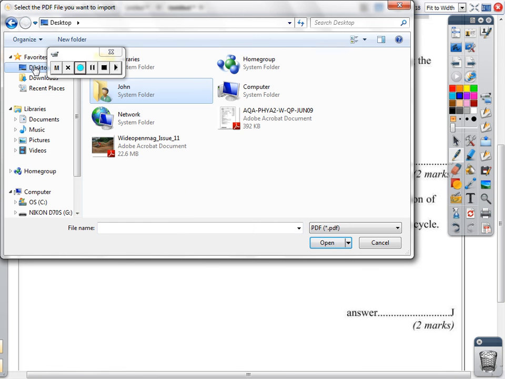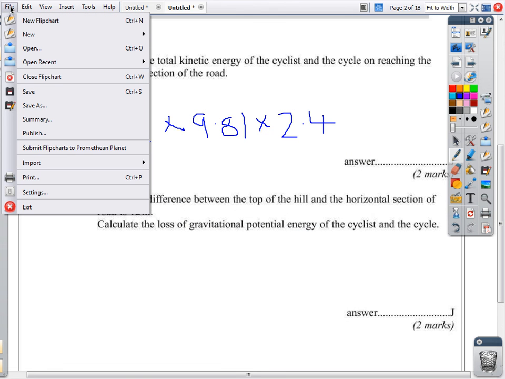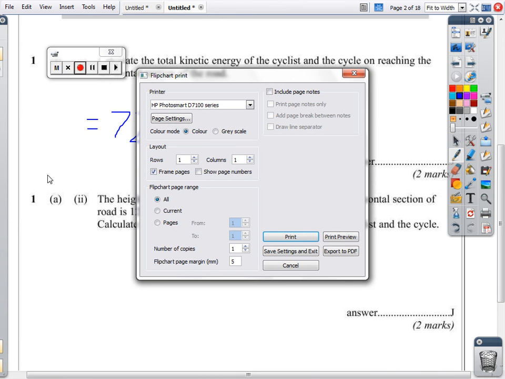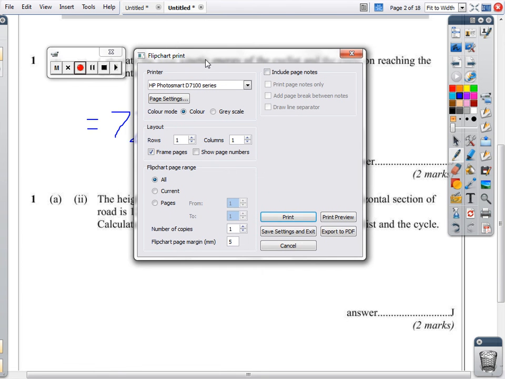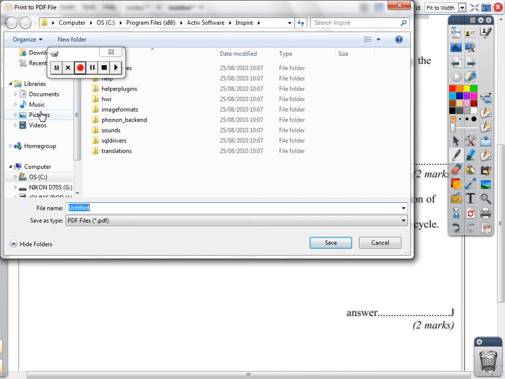Just going to stick this on the desktop, and we might call it the same name as that. Right, no, sorry, I just went completely wrong there. The way you export this is you click on the print. What I did was to try and import again, and then in the print dialog box, not admittedly the most obvious place to send it, is the export to PDF button there,